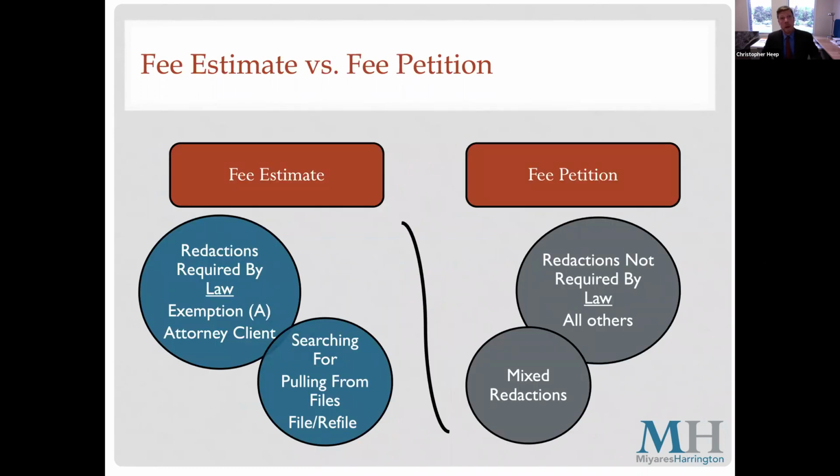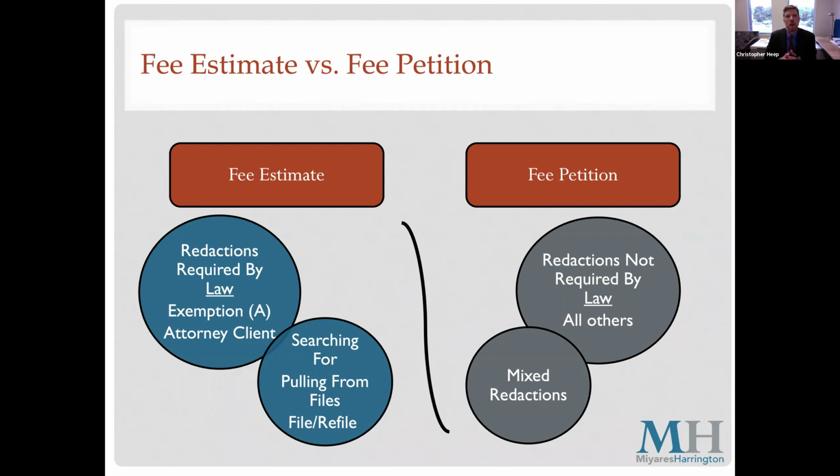So next up are the options available to the town in terms of charging fees, either unilaterally on its own motion, or seeking permission from the supervisor of public records at the state level to charge fees. The first form of response here is a fee estimate, and that's the one that the town can send as the initial response all on its own.